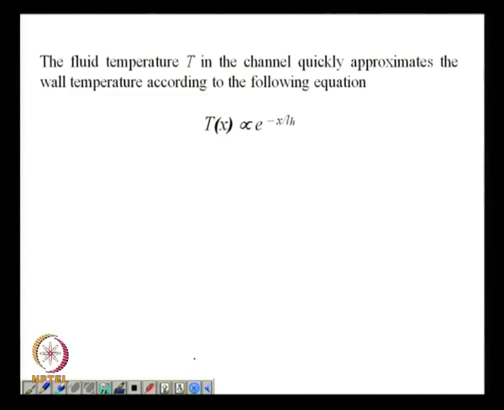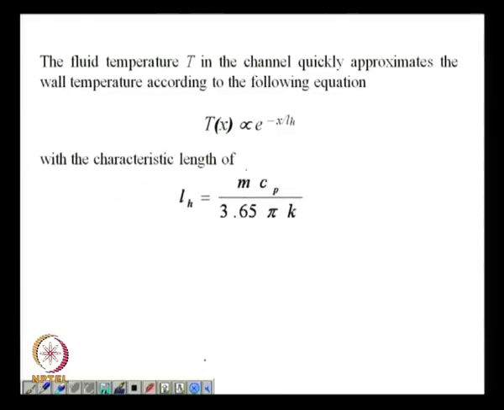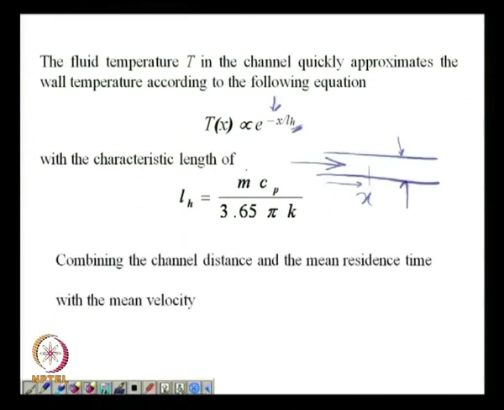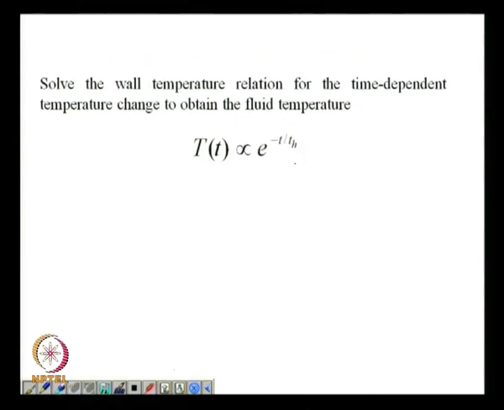Now, very quickly I will go through something which you are familiar with, that is, the temperature of the fluid flowing through a tube is going to vary exponentially, where L is the length scale of the device, and x is the distance at which it flows. So, if we have flow of liquid through this, then this is your x, and L could be the diameter of the channel. So, the temperature is going to change exponentially with the distance traversed, and when we connect this characteristic length with the velocity and so on,